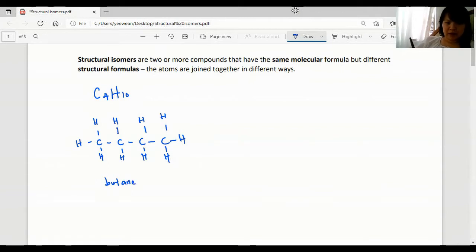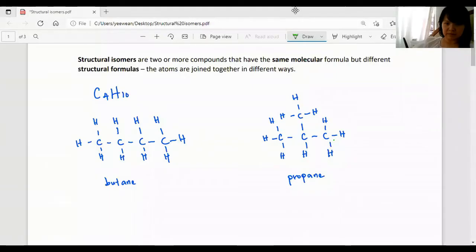But I can rearrange those carbons and make it a propane, and put one of the carbons in the middle here as a branch. It's still an alkane if I put in all the H. So let's complete that. When I put in the 10 H here, it's still an alkane, still saturated, but it's a propane. And at carbon number 2, there's a methyl. So it's